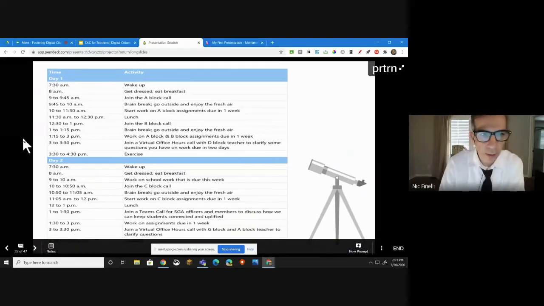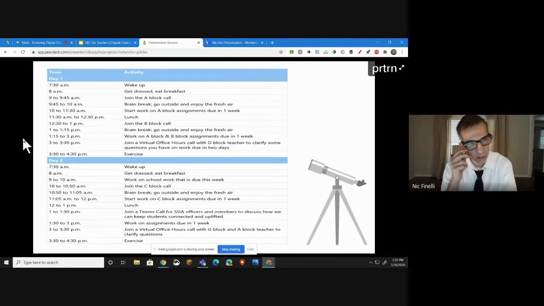So now we're going to move on to scheduling. Here's an example of a typical student schedule, or a schedule somebody might have, or what I might encourage, because you want to help those students. Even if students already know their own schedule and can figure things out, I would provide a sample schedule so that the students know